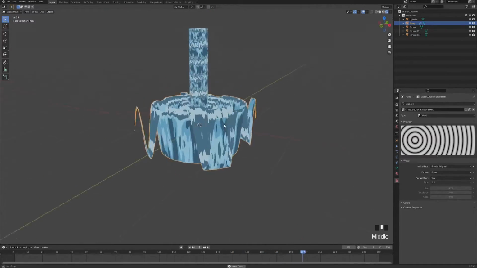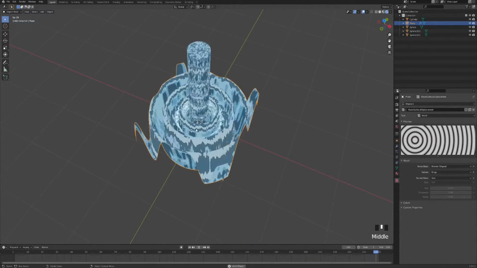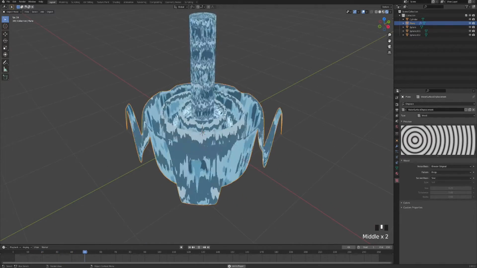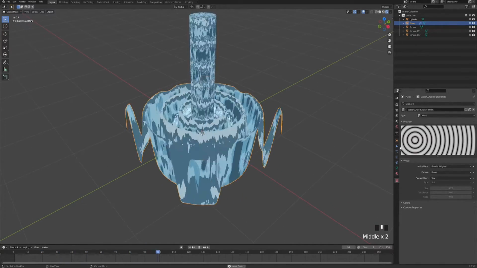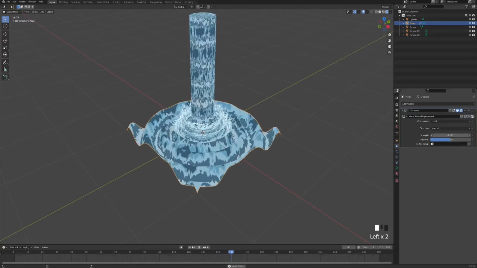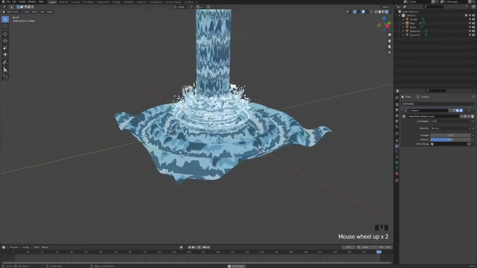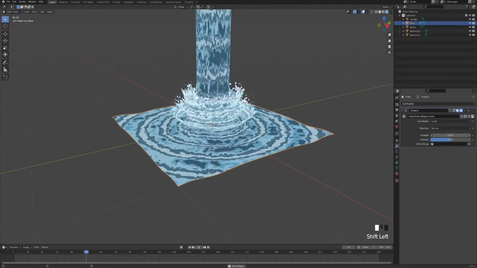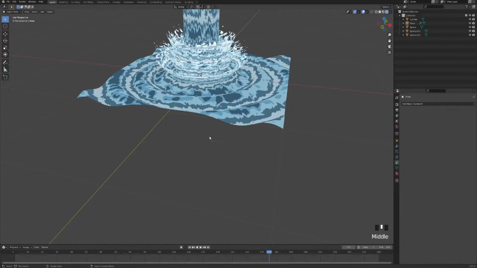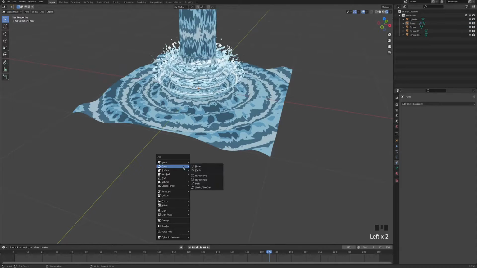And because it's in the middle of a scene, we are now having this nice water effect, but it's way too strong. So let's bring it down a little bit. Maybe something like that. Maybe even this. Now, in order to make this plane move, we need to just add an empty